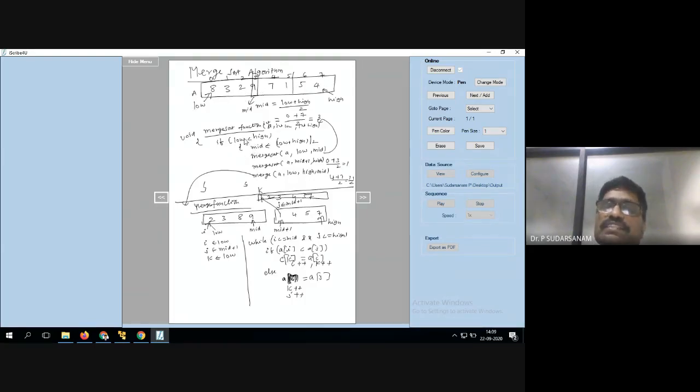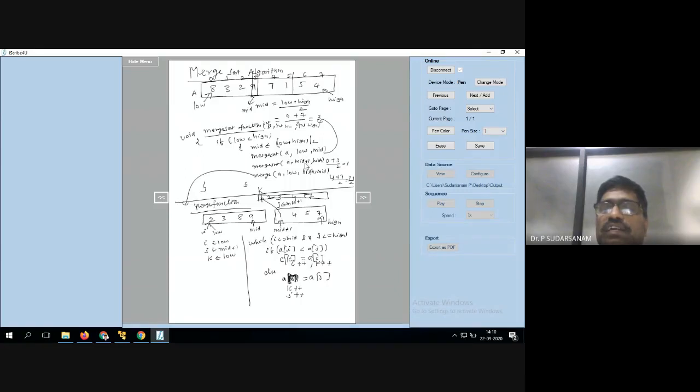Once the condition is false, it comes out of the loop. But only the first part, the merge sort function, has been executed, because the remaining part is not executed yet. When it pops out recursively, because it has been stored on the stack, it will execute the second part of the array. So 4 plus 7 divided by 2 is 11 by 2, that is nothing but 5, the fifth location.